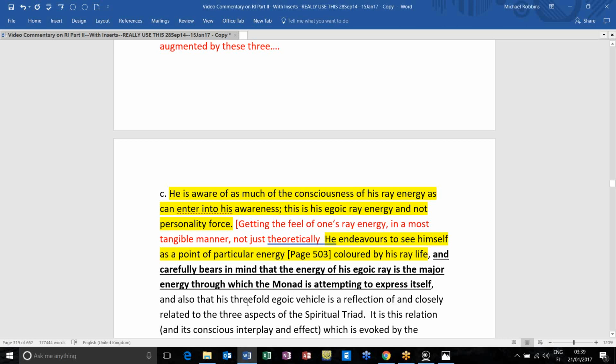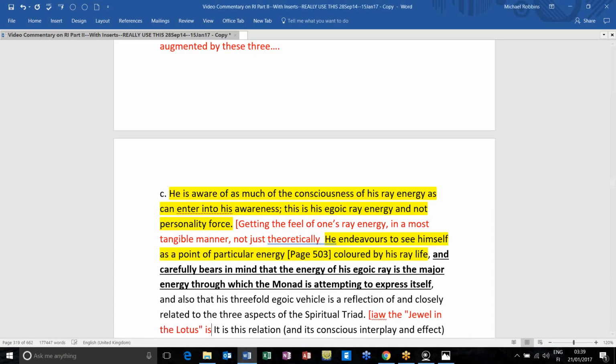So, in fact, the threefold egoic vehicle is a reflection of and closely related to the three aspects of the spiritual triad, I suppose, in a way,